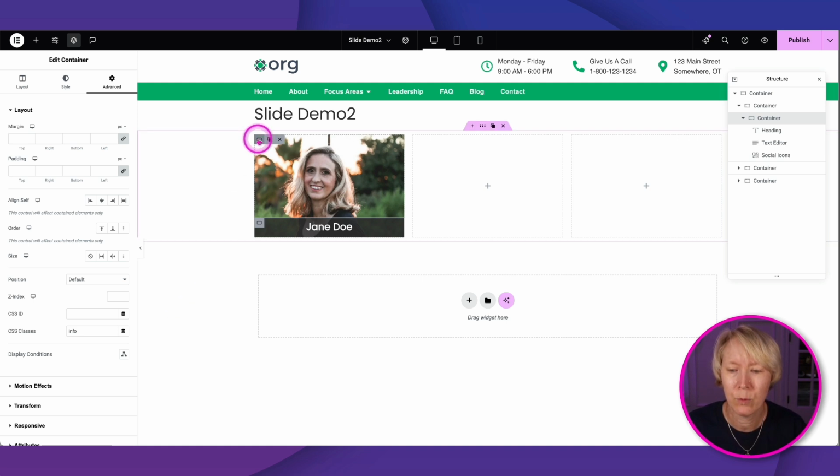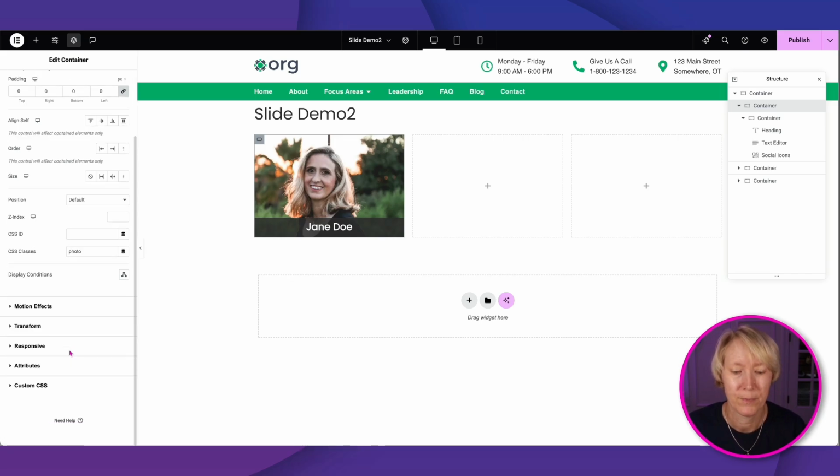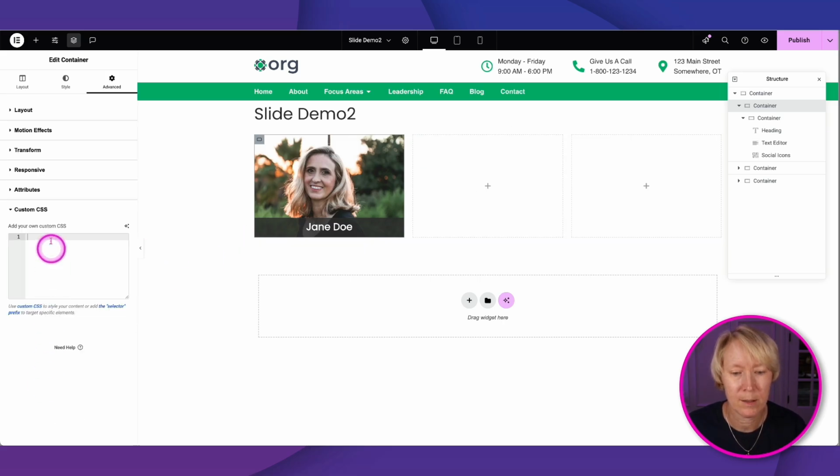I'll go back to editing the container. Now, we only have to do this one time because it will be on the page. You don't have to copy and paste this to each container. You just need to put it once. So I'm going to go to Custom CSS. Now that we have our classes, we can call upon them. So what I want to have happen is when I hover over the photo, so we're going to go photo, hover, and info,